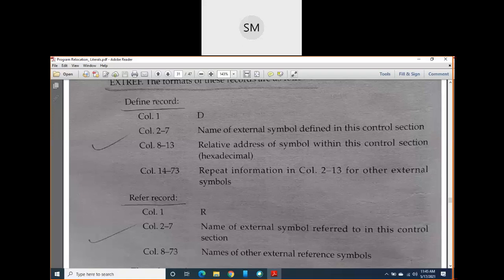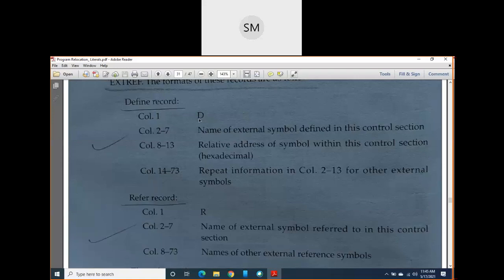In the define record, in column number 1, you should use capital D to represent it as a define record. In columns 2 to 7, you should write the name of an external symbol defined in this control section. In fact, in columns 2 to 13, you should keep on listing all the symbols that you want to make external definition symbols.